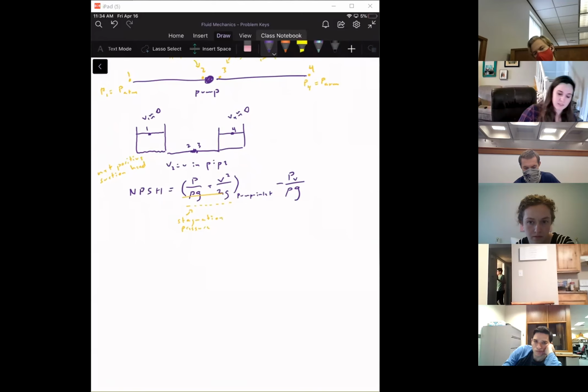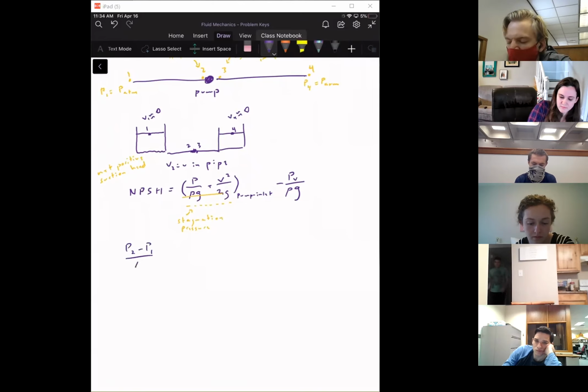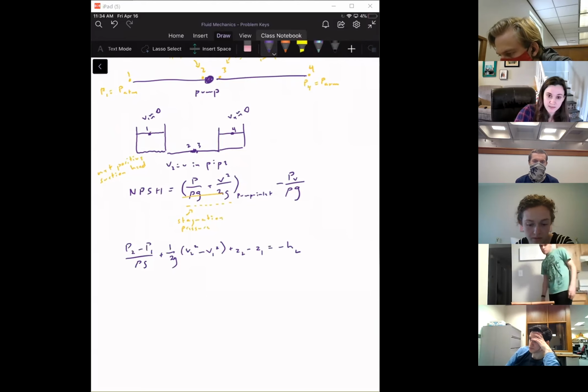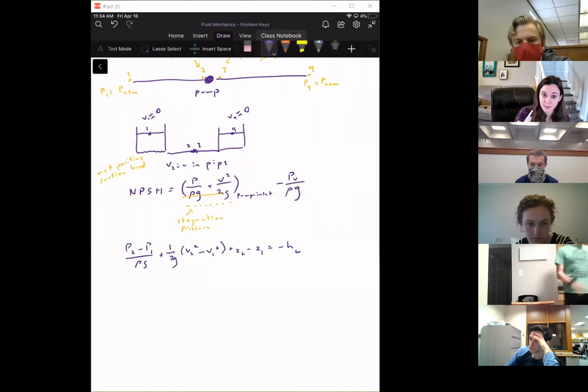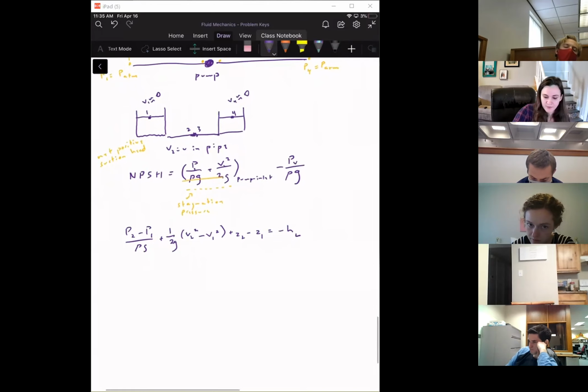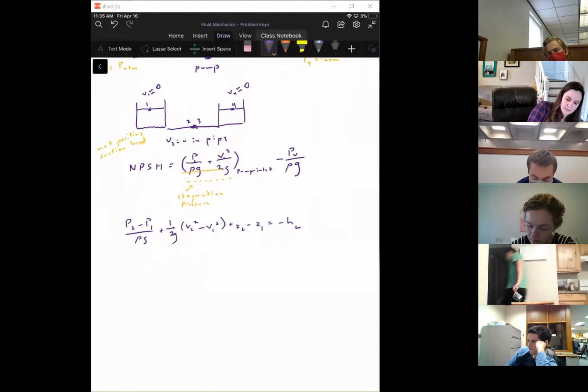So you can take the mechanical energy balance, which goes like that. This is the balance between point 1, which is our first point, and what I'm calling point 2, which is going into the pump. So write it like this. This would be P2 and this would be V2. And we can rearrange this so we get